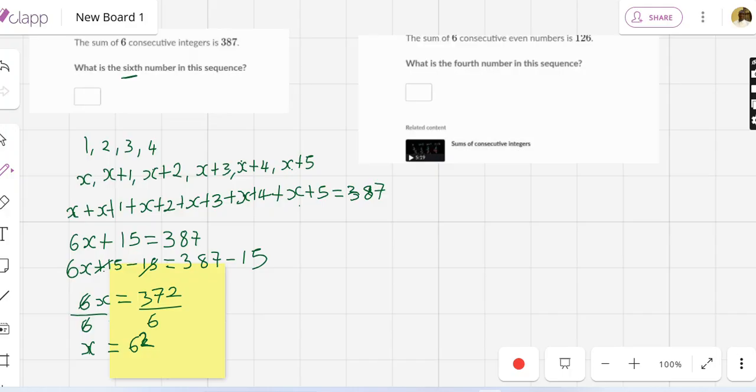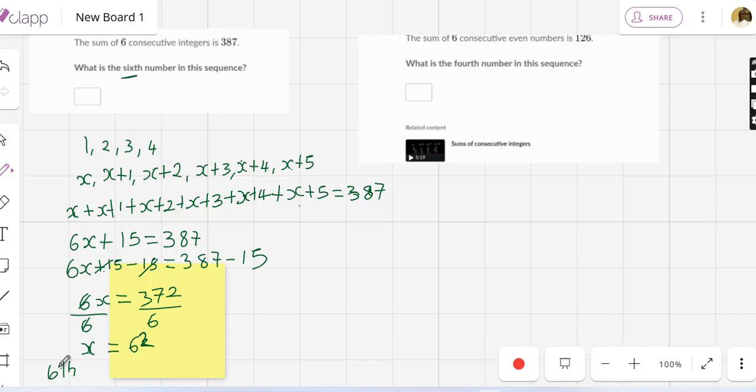And what is the value of the sixth? This is x, the first, x plus 1, the second, x plus 2, like that. The sixth integer is x plus 5. So to find the sixth integer, I'm going to write sixth here. Find the sixth integer